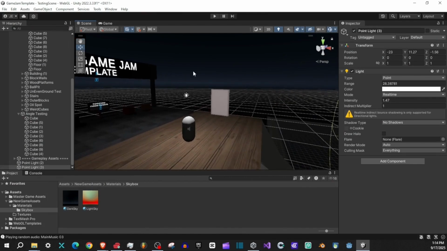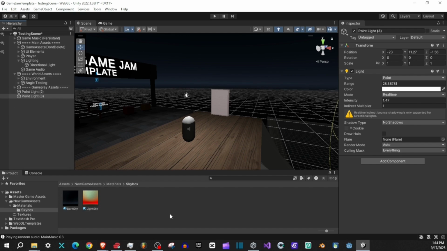Welcome back to another video. In this video, we're going to cover custom skyboxes. So we're going to jump out of Unity for a second, and we're going to look at